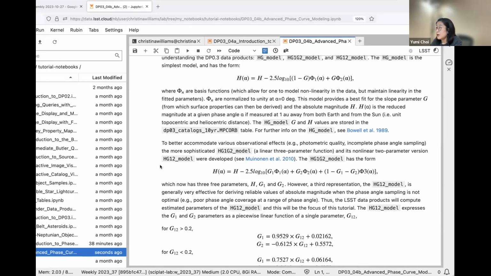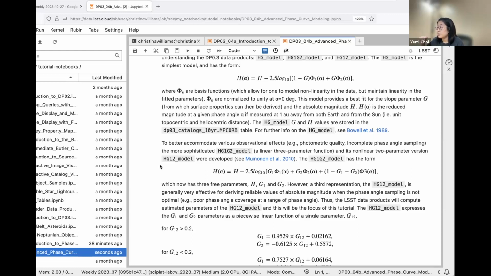And in the SSObject table, the LSST will measure the HG1-2 model parameters and store them there, which is the simplified two-parameter version of the HG1, G2 three-parameter model, which is a more sophisticated model.